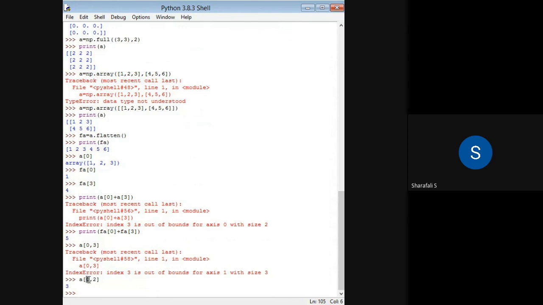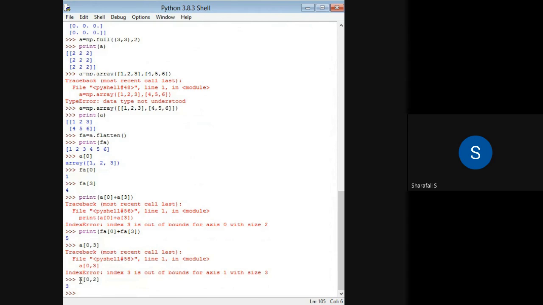And if you consider index 2, then that will be the third row, and so on. And this part represents your column. If you consider index as 2, then that is your third column. If after this comma you write 0, then it is your first column. So this simply represents your column.